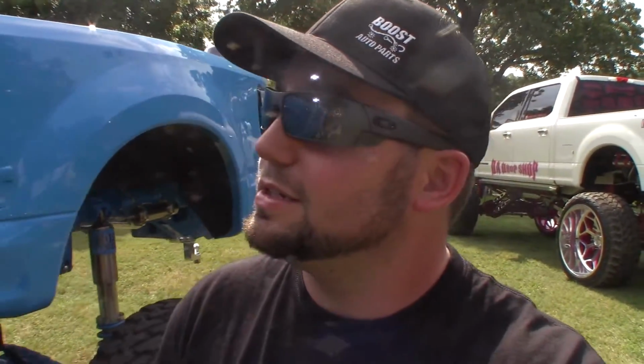We got this truck, absolutely massive. Like, that's the taillight. Thing's like 18, 20 inches off the ground. It's crazy. I don't know how they do it. I would want to drive one of these on the road just to see exactly how it is, because it's got to be